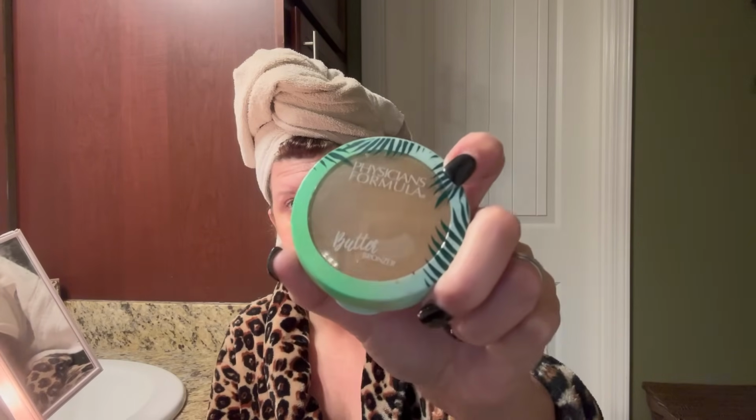So I do start out with this, and then I'm going to go on to Old Faithful, my Estee Lauder Double Wear. I haven't really changed any of my makeup. I have incorporated a couple of new products that I really like, such as the Physicians Formula Butter Bronzer. Well, it doesn't say what color, it's just the butter bronzer. I like it. And what else have I